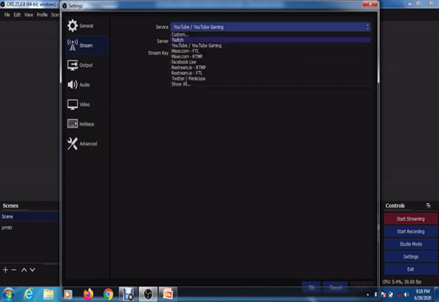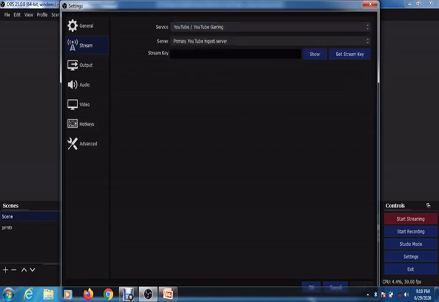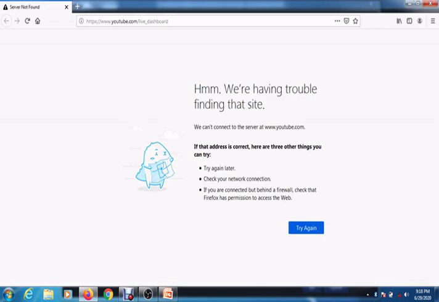It will ask you whether you want to stream the video on YouTube, Mixer.com, Facebook Live, Twitter, etc. If you want to stream it directly onto a particular website, you can do so with the help of this drop down button, whichever you want. And the stream key is nothing but the get stream key option. I am not connected to the internet now, so it will not open.